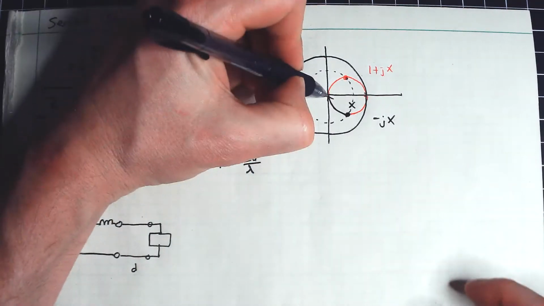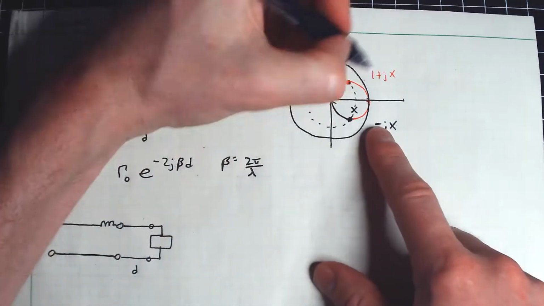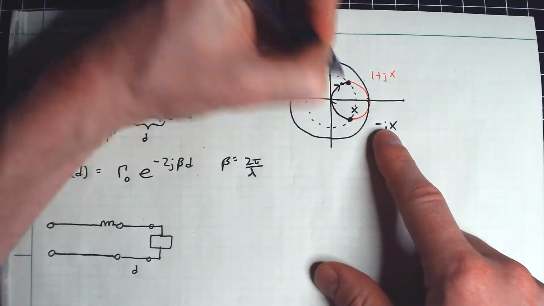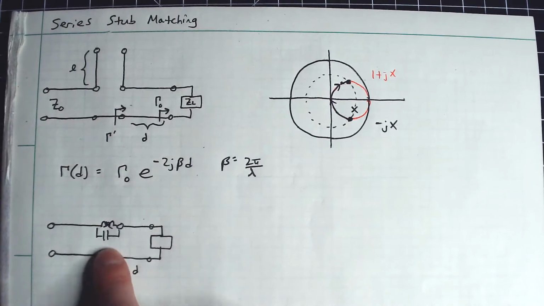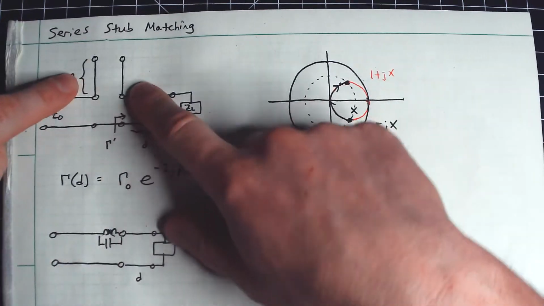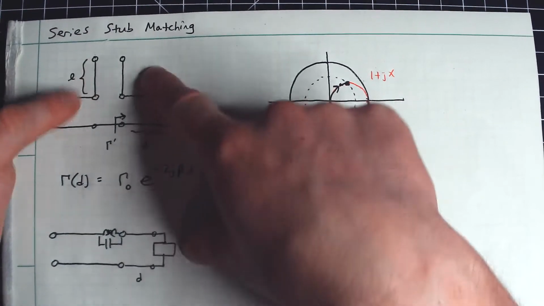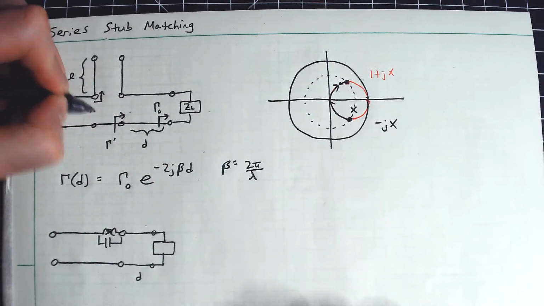And if I kept on going, I would come around this end of the circle as well. Or hypothetically, if I started here and I wanted to go the other direction, I would not add an inductor. I would just add a capacitor for the negative series reactance. So in your mind, that's exactly what this series stub is doing, because there is some equivalent input impedance looking